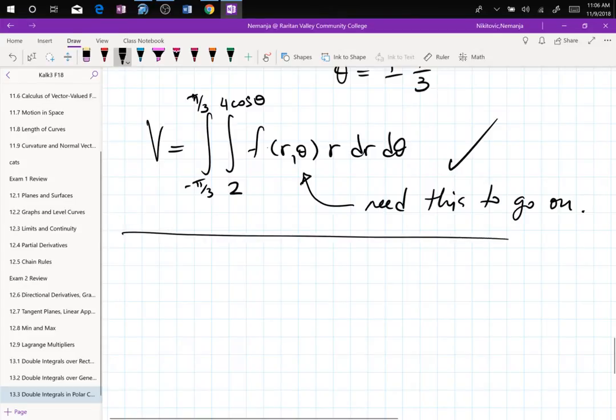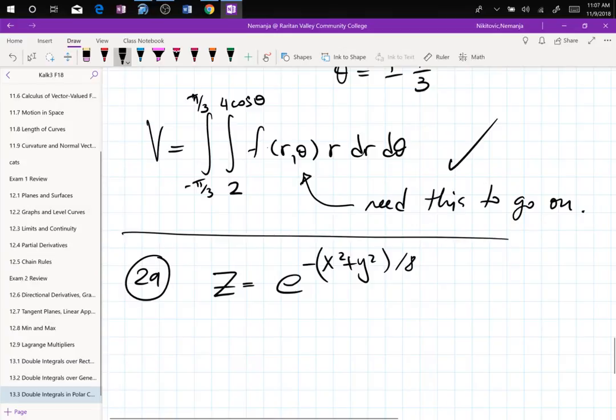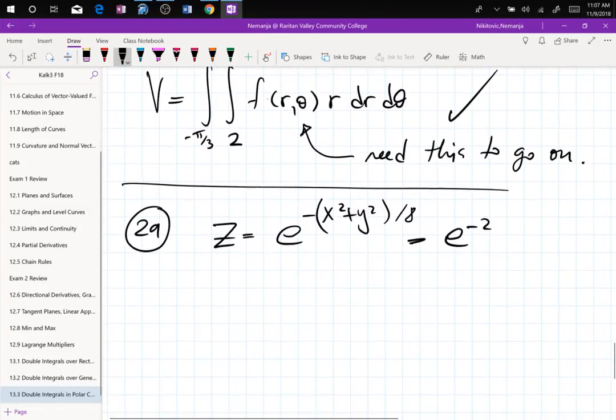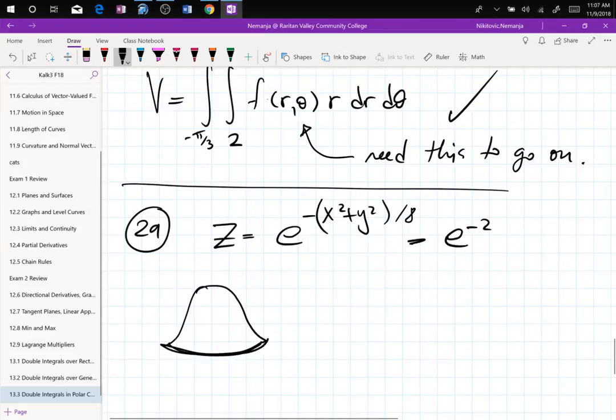Let's do 29 because we can. We have z given as e to the negative (x squared plus y squared) divided by 8, and then minus e to the negative 2. Swap those. Yes, free of charge. So now this is going to be this blob like this, sitting on the xy plane,